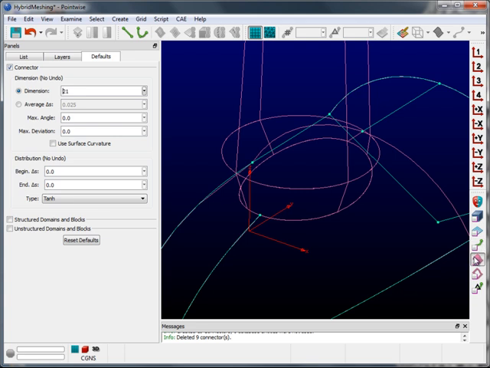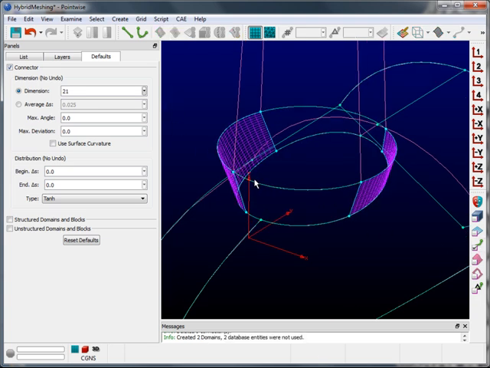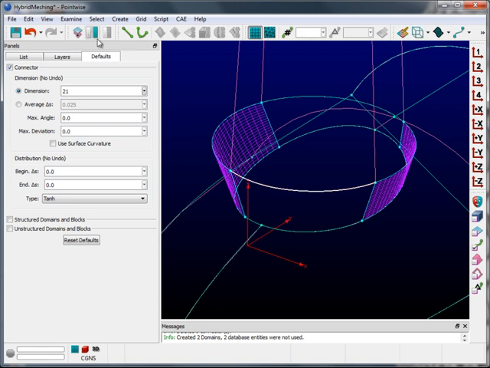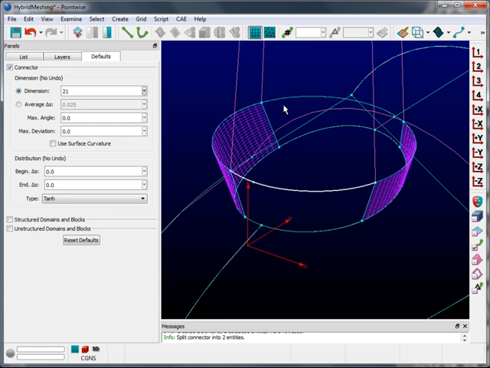And I'm going to create some structured domains here at the root of the blade. So I'll select those surfaces and make sure structure is selected and click domains on database entities up in the toolbar, and you can see a couple domains have been created. Again, a structured domain consists of 4 edges, so I'm going to ensure that opposing edges have the same number of grid points. So I'm splitting these connectors